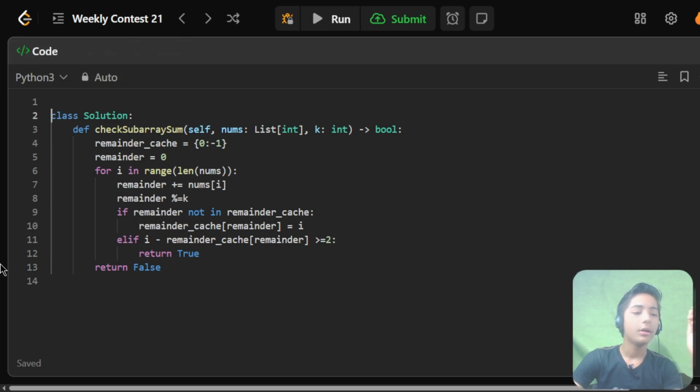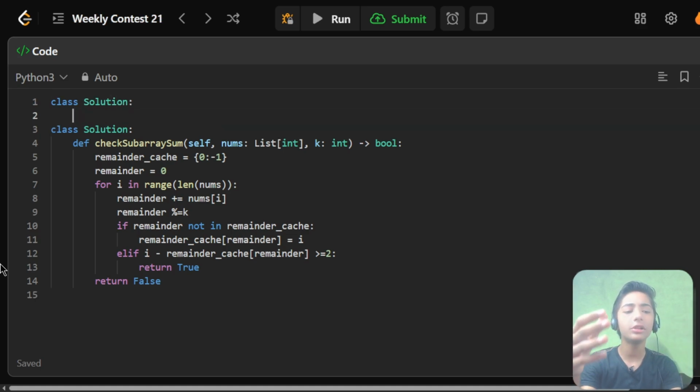First of all, we define a class Solution, because this is a rule of LeetCode. Whenever you start to solve any question, first define a class Solution. If we do not define a class Solution, it will give you an error. So use the def keyword, then write checkSubarraySum (self, nums: List[int],